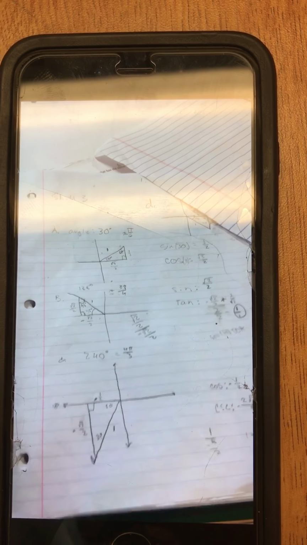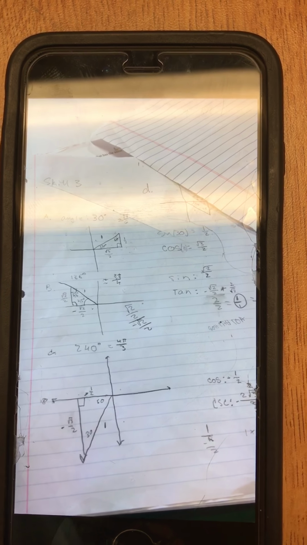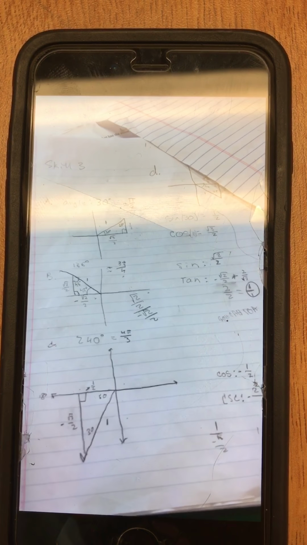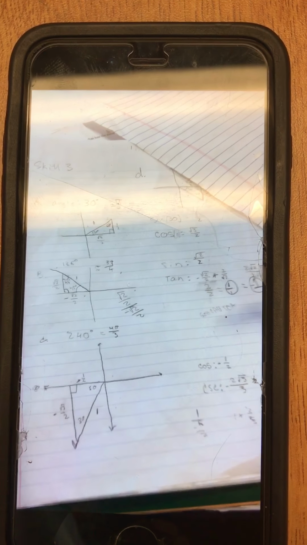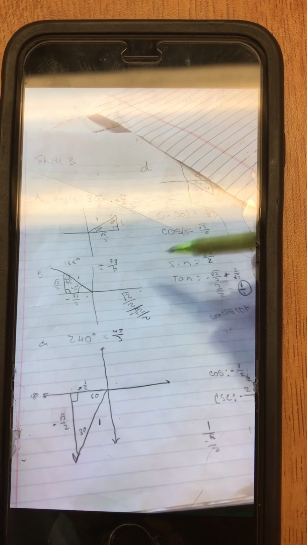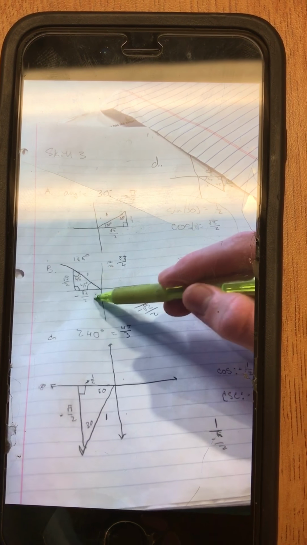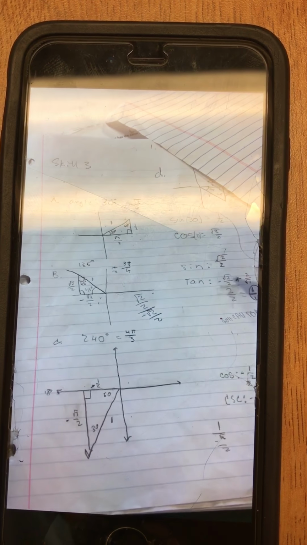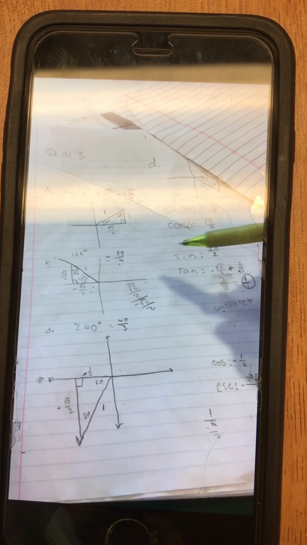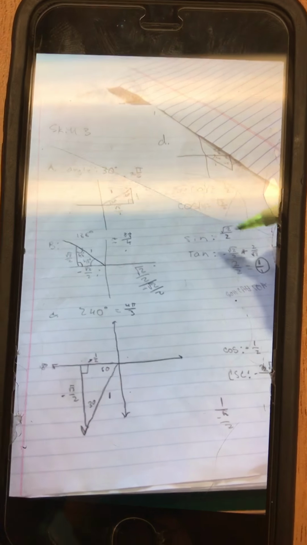So for the next one, we had a reference angle of 1/4 pi. So this for me was 135 degrees. And it's the same thing as a 45 degrees, except it's in the second quadrant, which means this base value here is negative. So from there, using our ratios and our special right triangle,